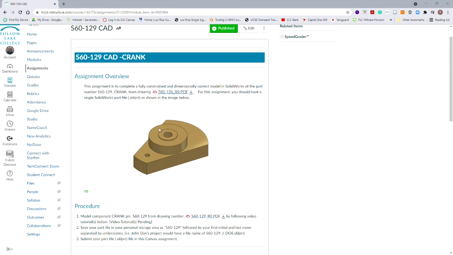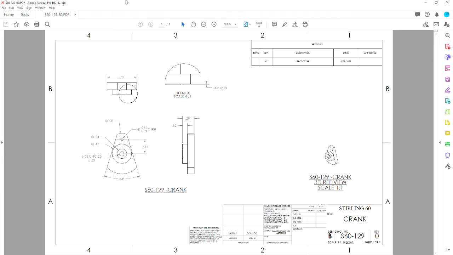Now, we could make this several different ways. We could revolve it and do some cuts, but I'm going to give you some more practice doing extrusions on this one. We've got several features here, so we're going to start with the base that has an angular shape to it. If we look at our drawing, it's laid out here, and the dimensions we need is this 34 degrees,